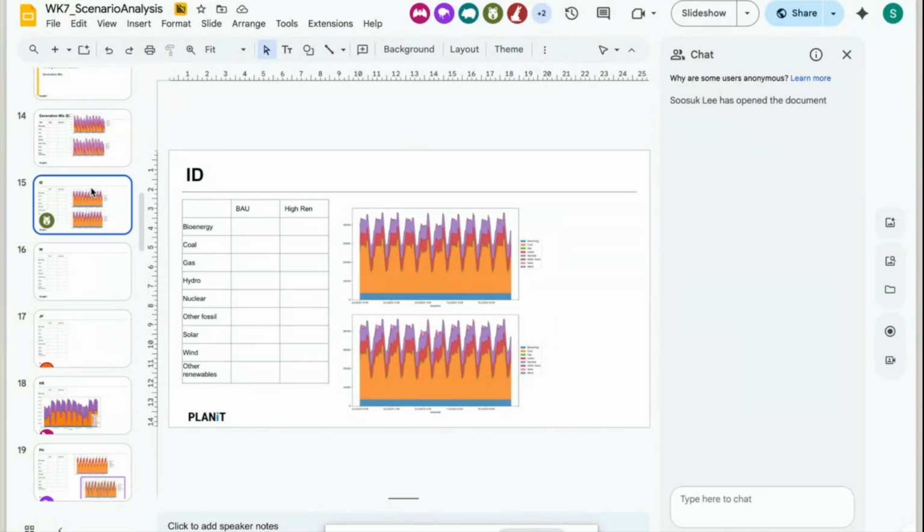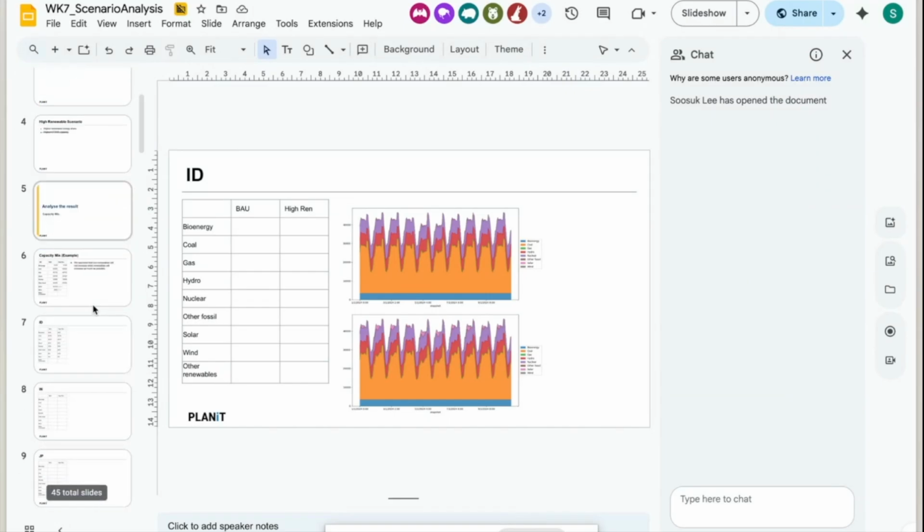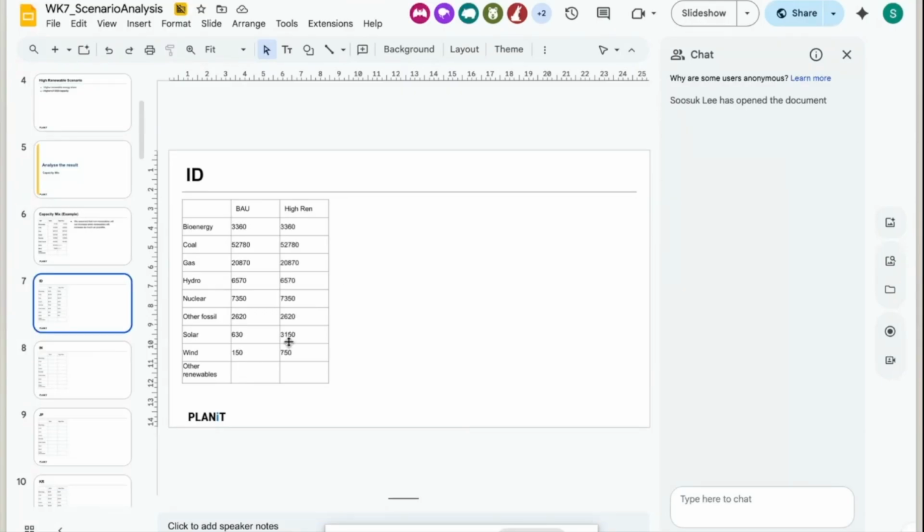Huh. Indonesia really doesn't have much wind and solar at the moment, right? So as we don't have much solar and wind in Indonesia, adding 5 times is almost nothing. Let's go back to analyze it. If we see the page 7, yes, solar, we have 600 megawatt and wind 150 megawatt. So that even in high renewable energy scenario, solar is only 3.1 gigawatt and wind is going to be